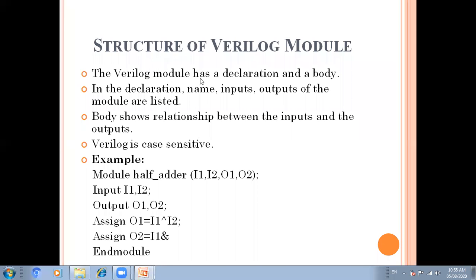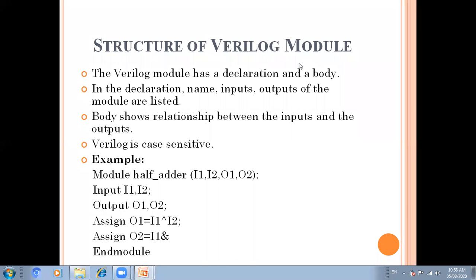So now we'll come to our first point, that is the structure of the Verilog module. First we know that Verilog is useful whenever we have to represent simple as well as complex digital circuits. Also, we can develop a microprocessor or a system on chip. That kind of digital circuit we can implement with the Verilog tool. So first we have to understand the structure of the Verilog module, right?